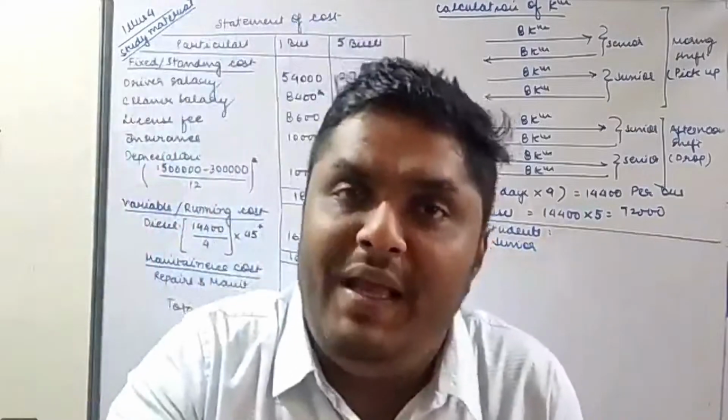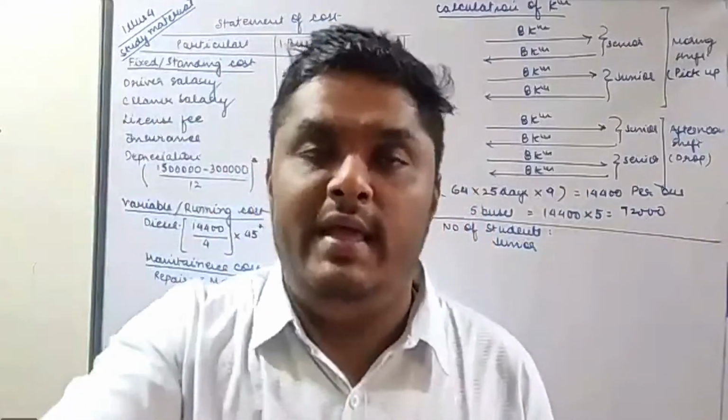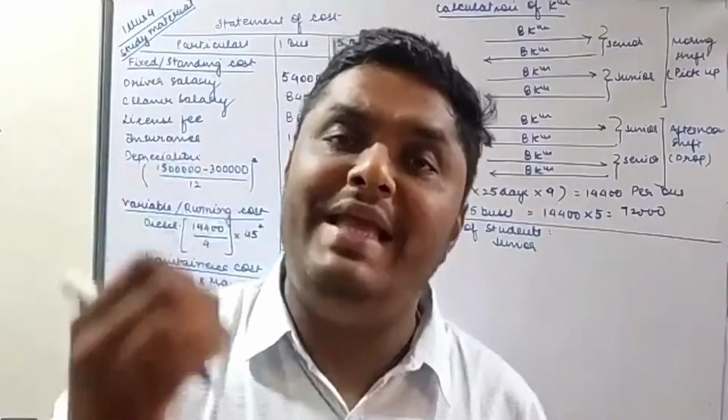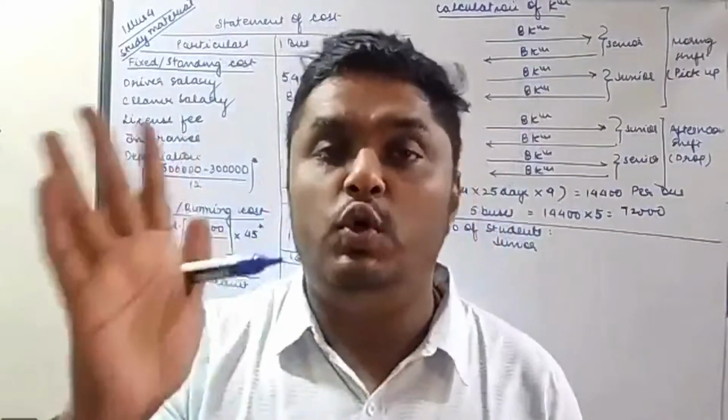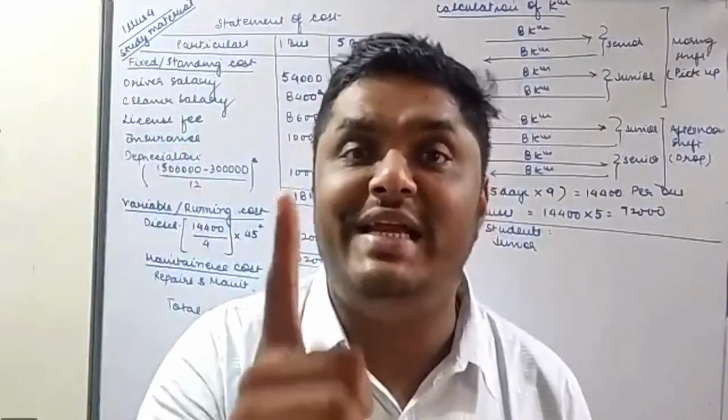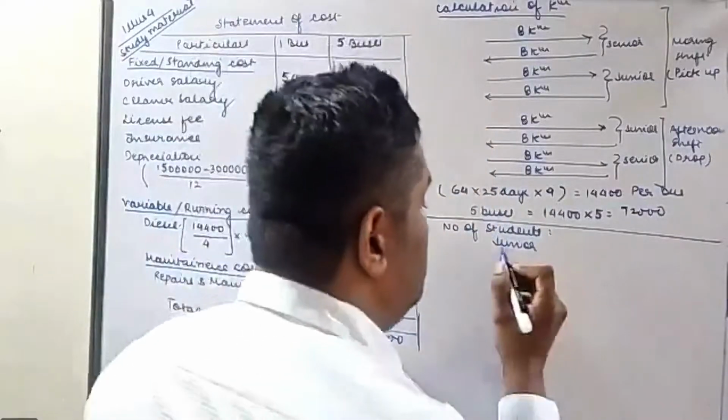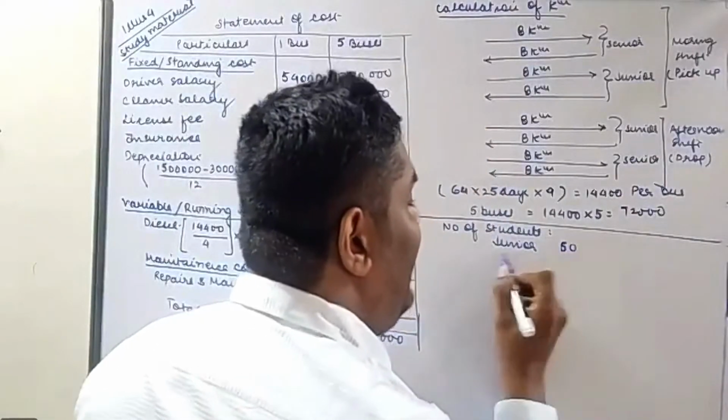जूनियर को मॉर्निंग में पिक करती है और आफ्टरनून में ड्रॉप करती है, सीनियर्स को मॉर्निंग में पिक करती है और आफ्टरनून में ड्रॉप करती है. So the same students are picked and dropped. So total number of students a bus is catering is only 100 students, junior 50 and senior